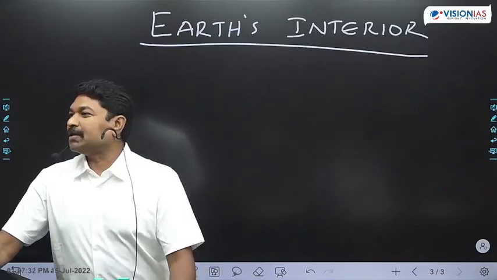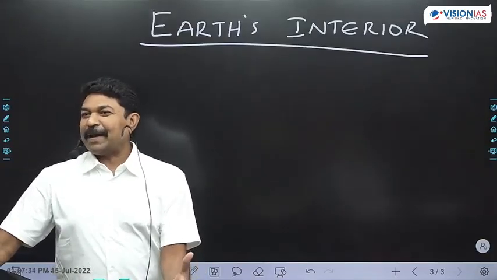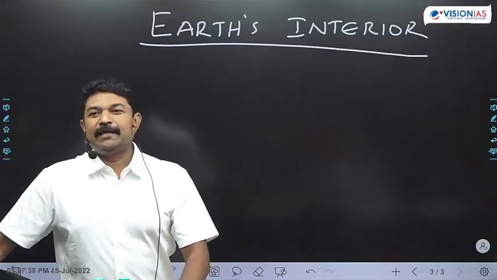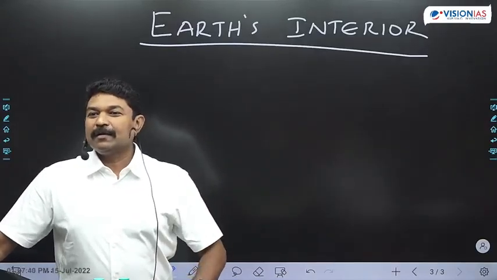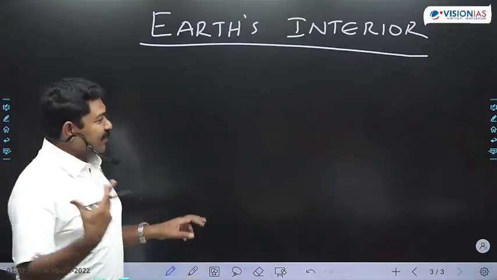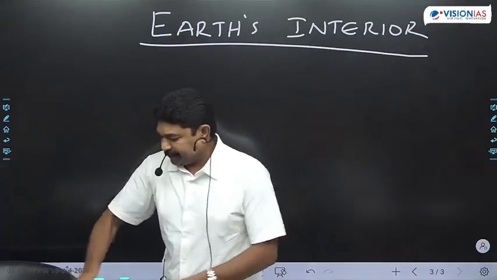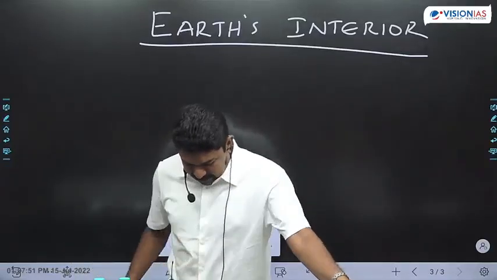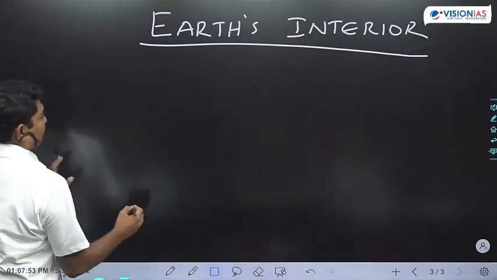Rock, sir, rock. The entire planet is called a terrestrial planet. What should be there in the Earth's interior? It is rock. But how are those rocks arranged? Now, let us introduce the Earth in a different way. Suppose this is the Earth,